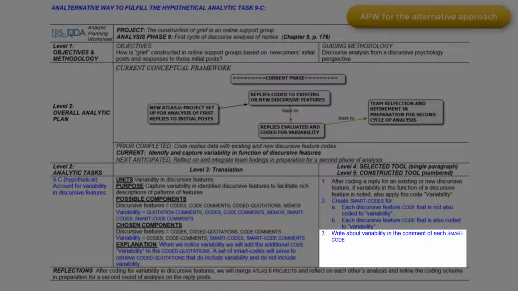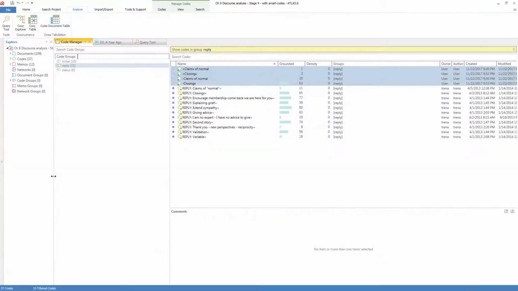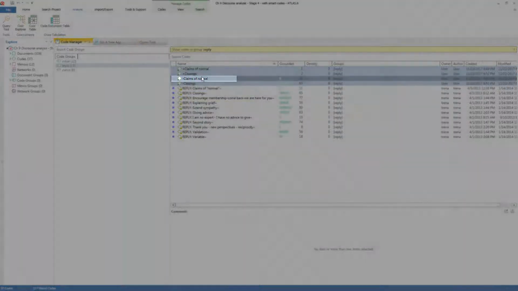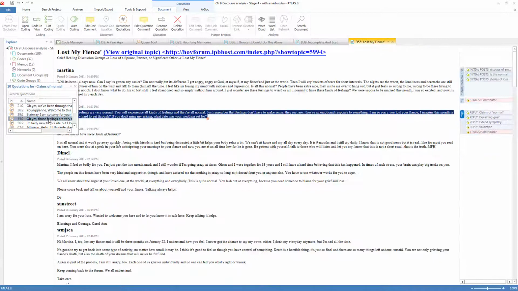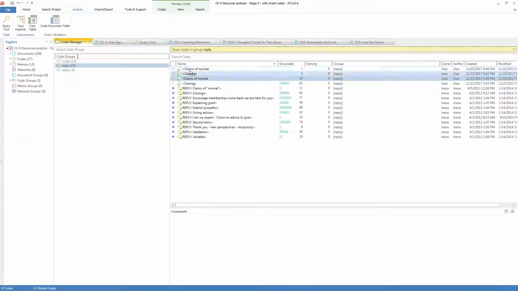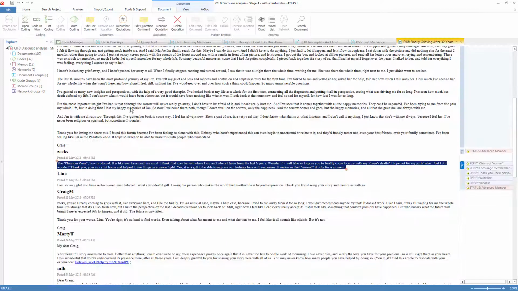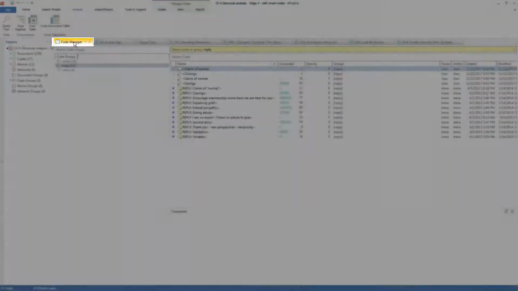of each smart code. Maybe I'll first read through the claims of normal quotations without variability to remind myself of the normal pattern. And then when I've done that, I'll start going through claims of normal with variability, which in this case, as we know, is only a single example. So I'll read that, think about it, and then I'll come back to the code manager and then make a